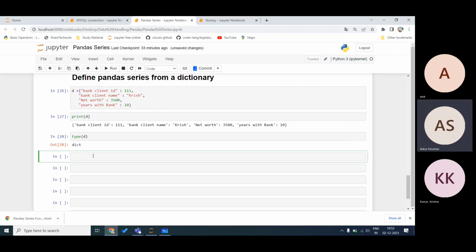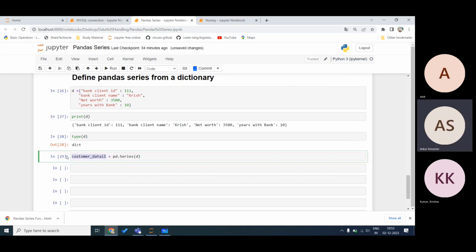This is very simple. Suppose I name it customer detail, and use pd dot Series, and my data is the dictionary. Now run it.